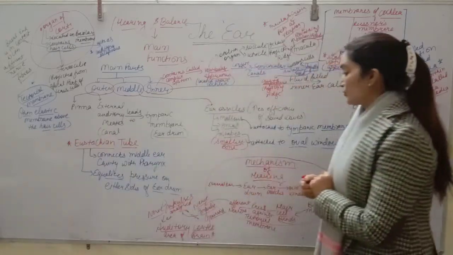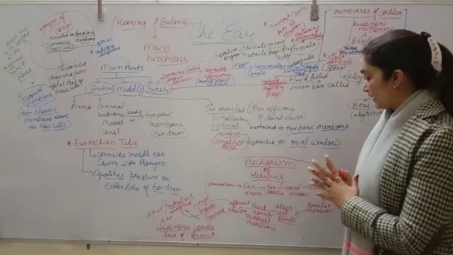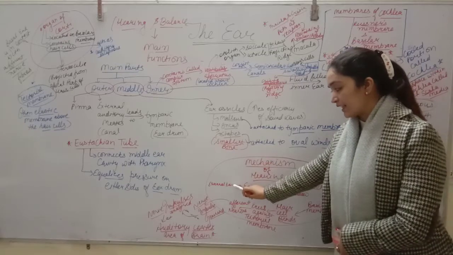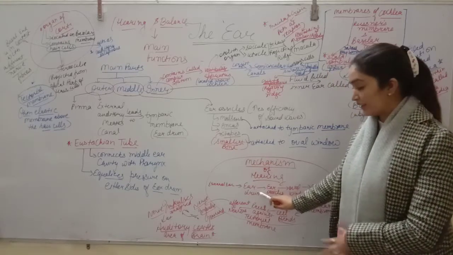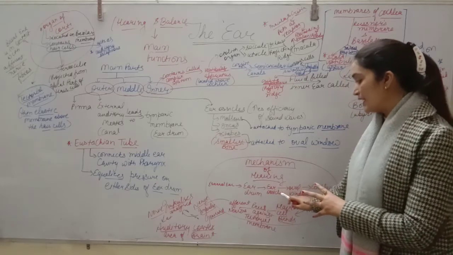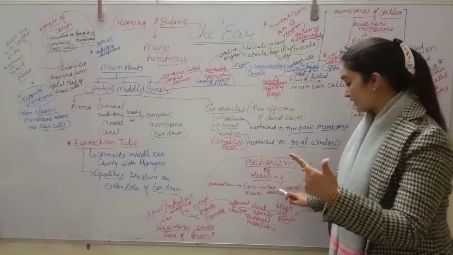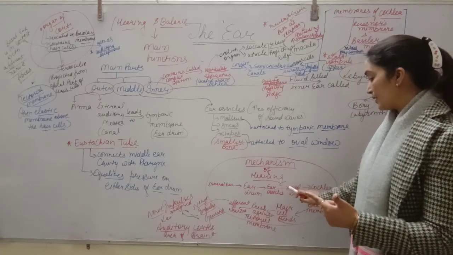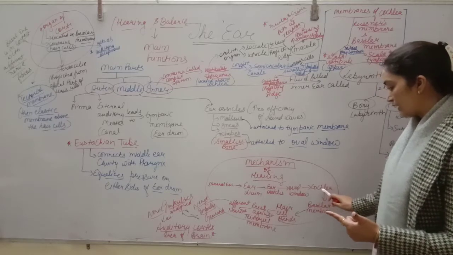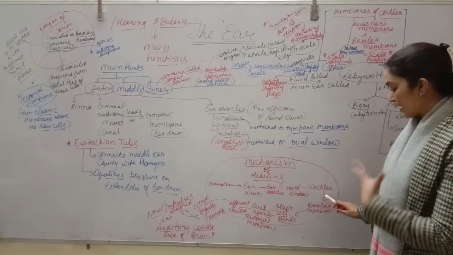चलिए, coming to the mechanism of hearing. मैकेनिज्म ऑफ हियरिंग की बात करते हैं स्टूडेंट. So first of all, the external ear collects the sound waves and these sound waves are directed to the eardrum. Eardrum में वाइब्रेशन होगी. That vibration may be amplified with the help of the ear ossicles, malleus, incus and stapes. Then this vibration reaches the oval window, then the inner part, the cochlea, and the cochlea transfers these waves to